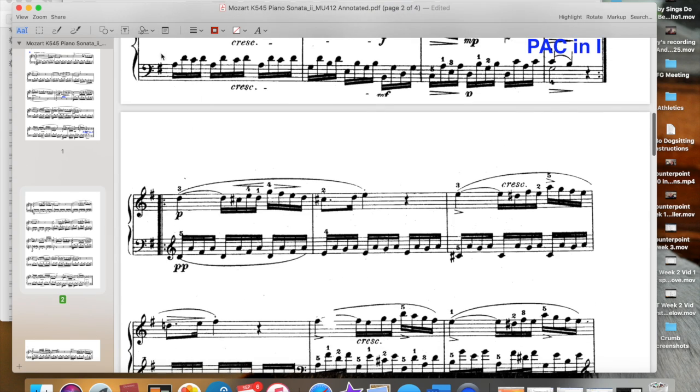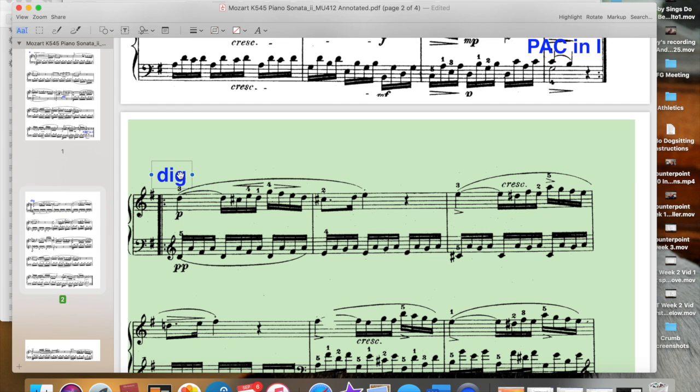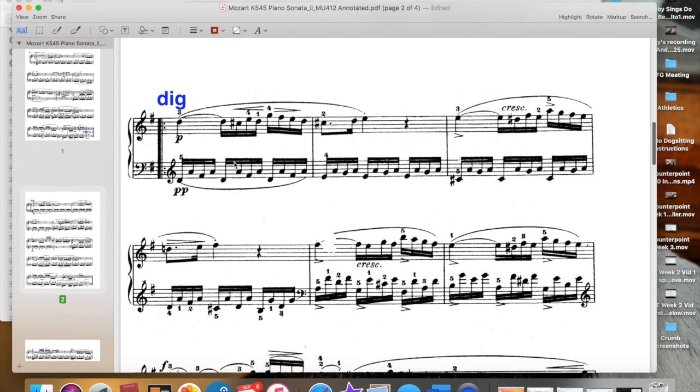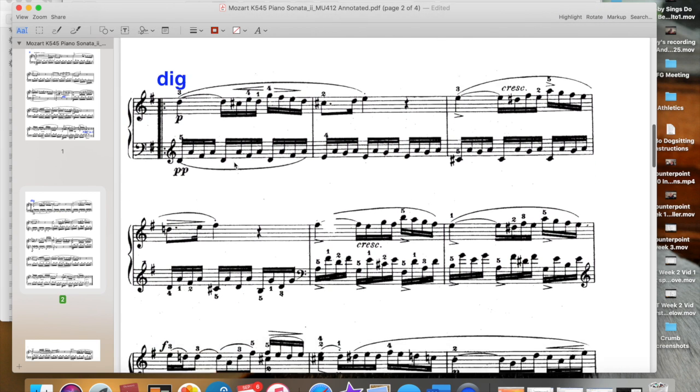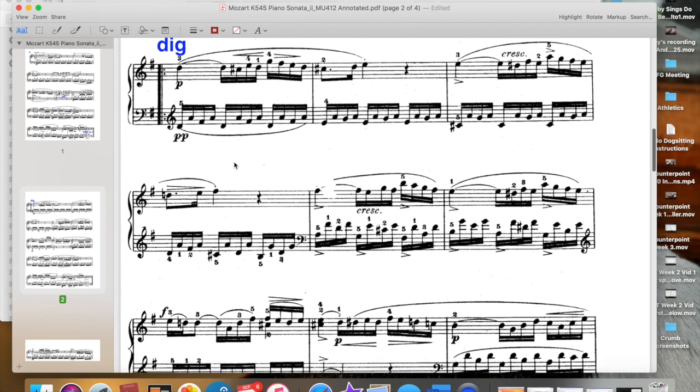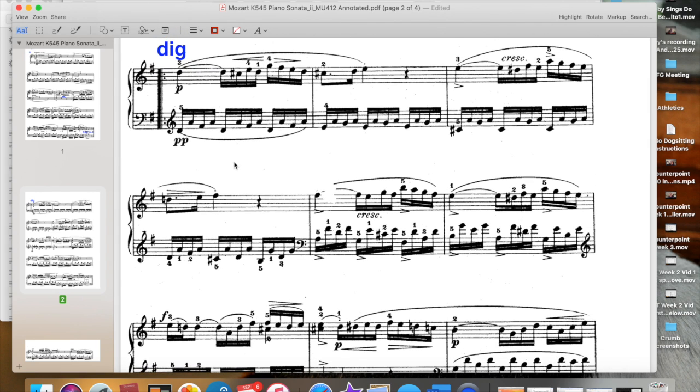Then we have, because remember this is a giant binary form, we have our digression, which I'm going to keep in lowercase just to make it very clear which part we're dealing with. There's our digression. And then you might have been able to tell, again, the same principle applies, that you should listen for cadences and where material repeats. So if I play just the digression,